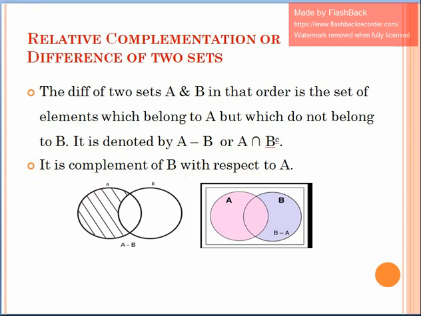See this figure. The first figure gives us this area. So this is the area, that is A minus B. A minus B means what? That is included in A but not in B. See, this is the area which is B, and in A minus B we are excluding this area B. So that gives us the value of A minus B.